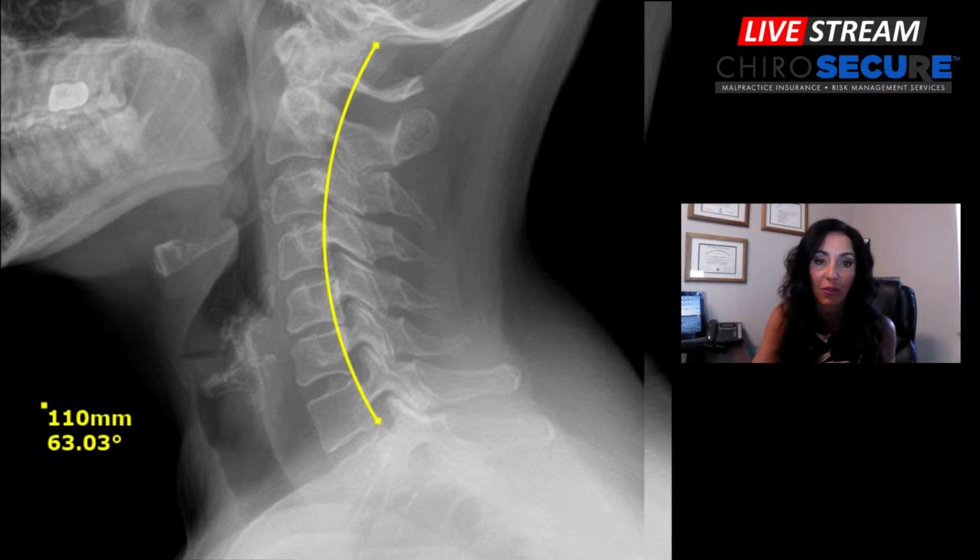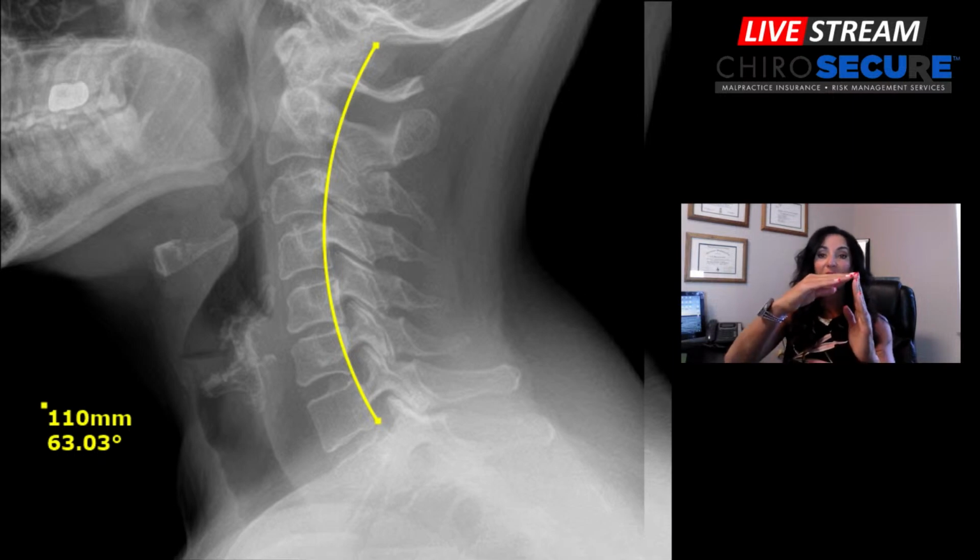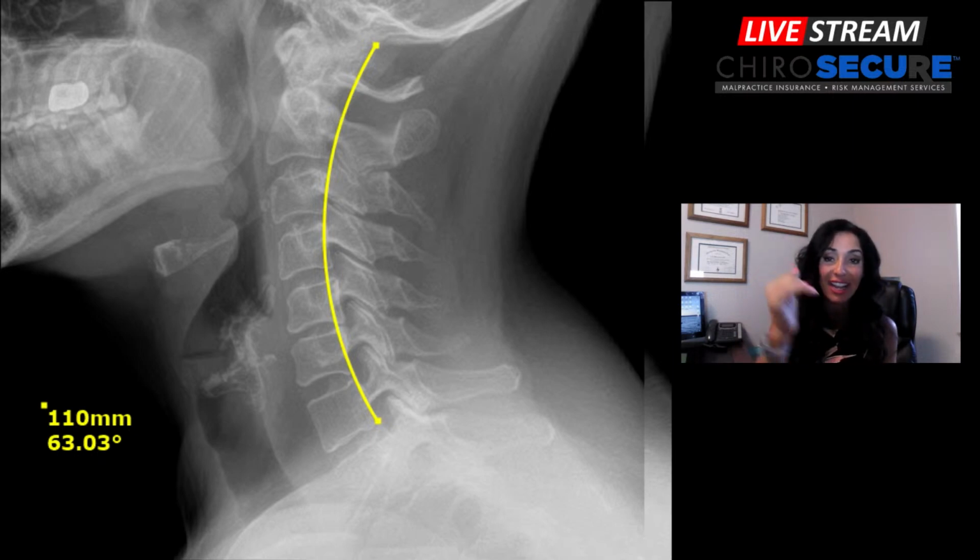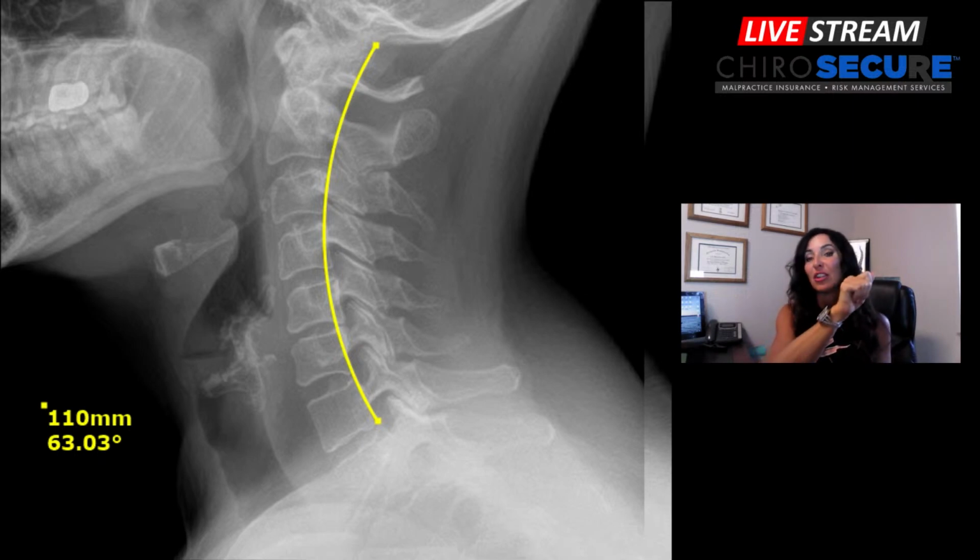Now, let's follow down to C5. And again, on the anterior superior corner of C5, you don't see a nice square bone. What you see is an indentation of the bone. So the corner of C5 looks as if somebody just nicked it off or compressed it inside of itself. Keep moving down, and at the inferior aspect of C5 and the superior aspect of C6, you now see a wedge that's taken out of that area. So it almost looks like a little kid was drawing a tree and they just wanted to cut the tree down. They just chopped a V into the tree and they took a whole chunk out of those bones.